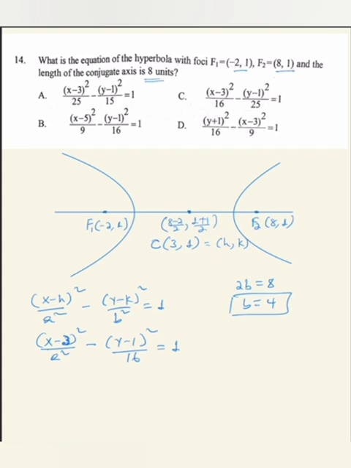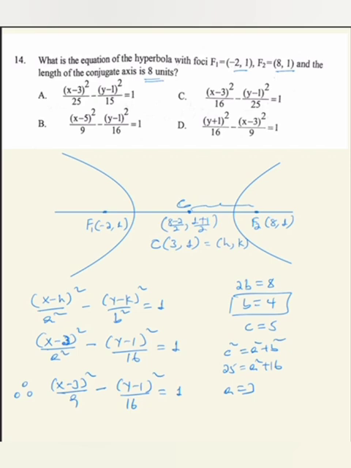ተጨማሪ ኢንፎርሜሽን ያስፈልገናል ከሴንተሩ እስከ ፎከሱ ያለው ርቀት ቼክ እንደምናደርገው ከ3 እስከ 8 ያለው 5 ነው ማለት ነው ያ ማለት the focal length c is equals to 5 okay ለሃይፐርቦላ እንደዚህ አይነት ሪሌሽንሺፕ አለን c square is equals to a square plus b square የሚል ያ ማለት 25 is equal to a square plus 16 ማለት ነው ስለዚህ a 3 ይሆናል ማለት ነው ስለዚህ ይህ ሃይፐርቦላ የሚሆነው x minus 3 the whole square over 9 minus y minus 1 the whole square over 16 is equal to 1 ነው የሚሆነው አጋጣሚ እንደዚህ የሚል ምርጫ ውስጥ የለም ስለዚህ 14ኛው ጥያቄ ቦነስ ይሆናል ብዬ አስባለሁ